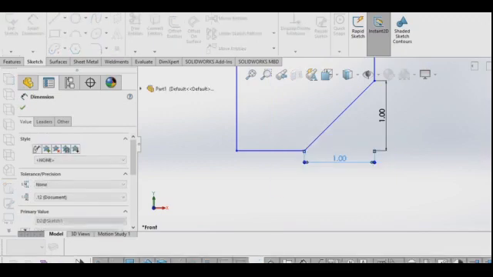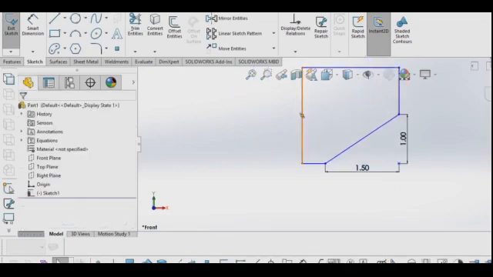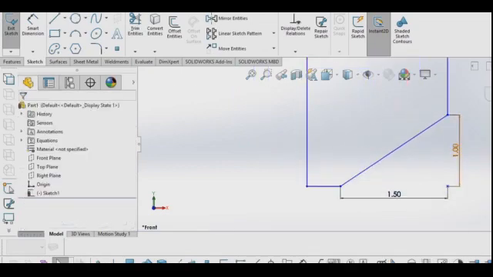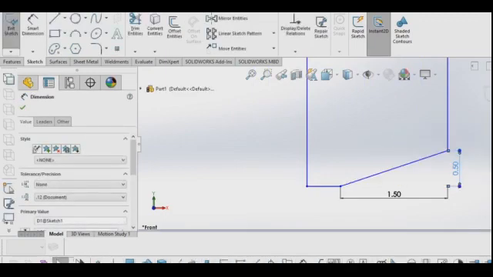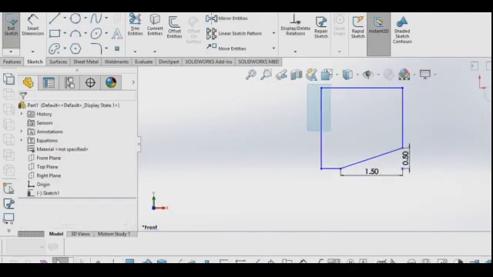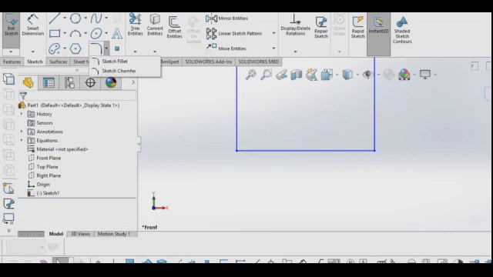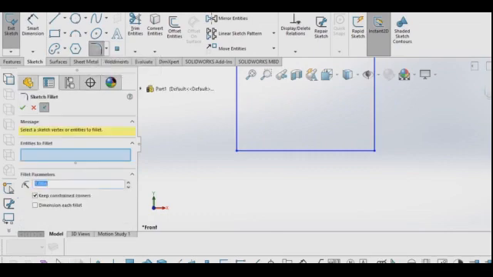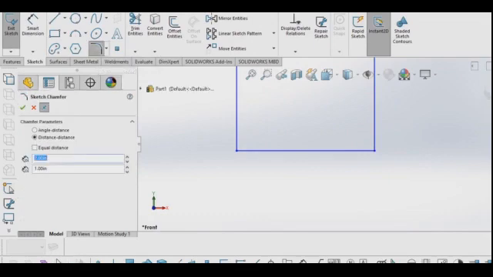I think 1.5 is possible. The total length should not be less than that chamfer length. That is the matter. Maximum you can give is limited, but the chamfer will be around some ends only. It will not go up to the end. This is how you can give for chamfer.